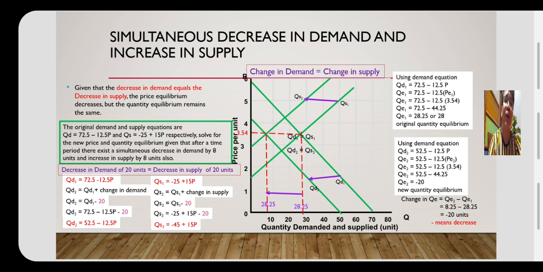So please take note also, there is that correction. Given that the decrease in demand equals the decrease in supply, the price